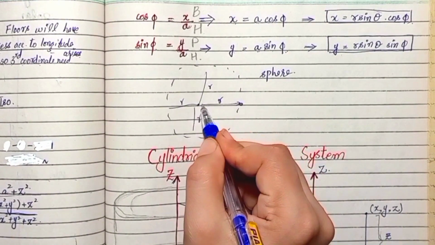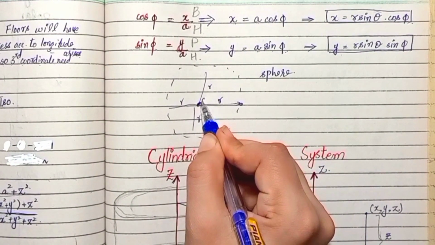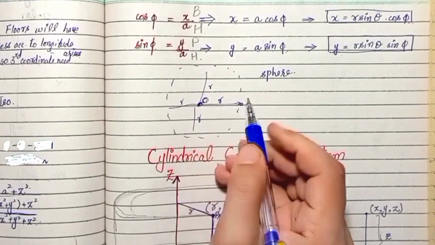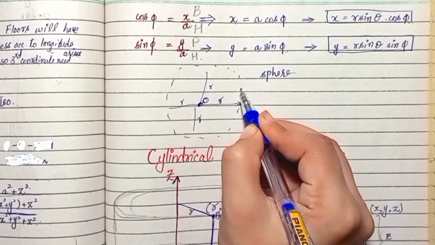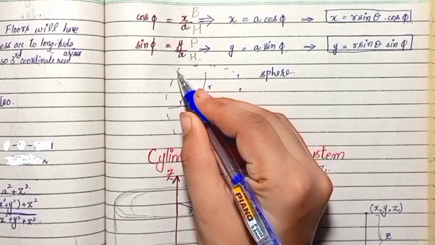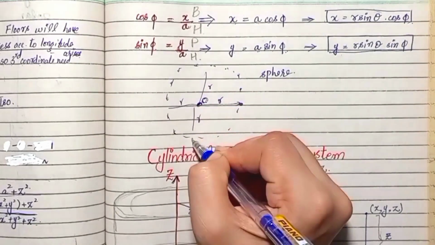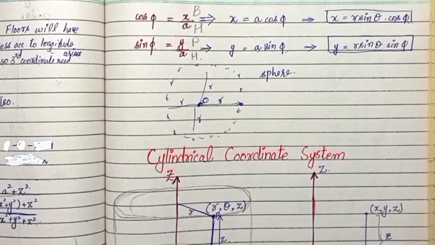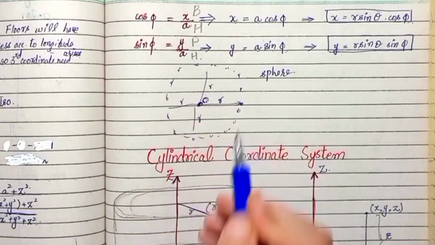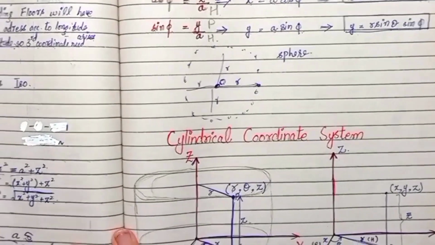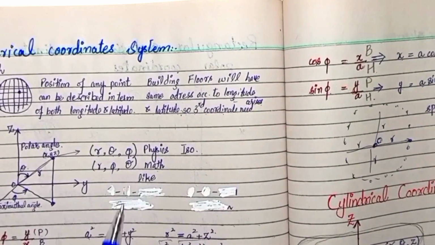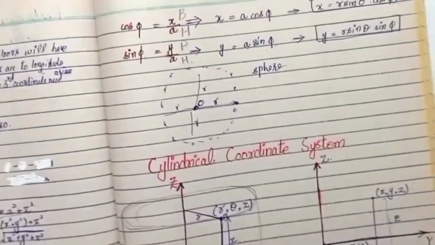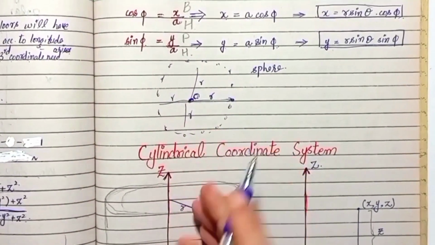So here is the sphere. This is the origin of the sphere, or the central point of the sphere. This sphere has too many points at a distance r from the origin O. We can define the position of any point in terms of polar coordinates in the spherical system. This is how we can give the position of any point in the spherical system with the help of polar coordinates.